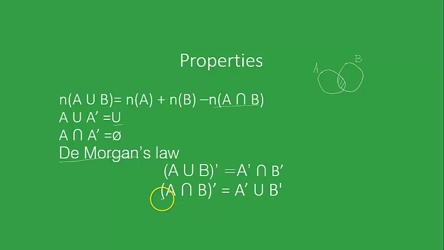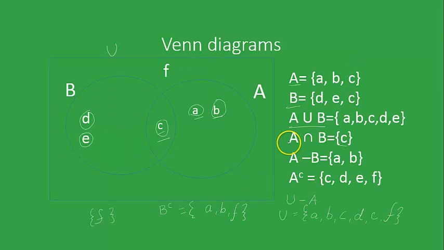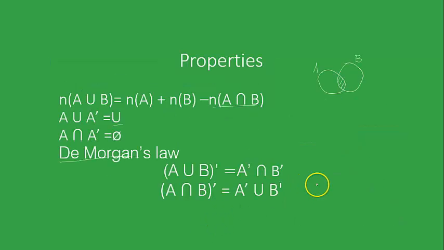It states that the complement of A intersection B is equal to the union of the complement of A and the complement of B. As you can see, the A intersection B set is equal to the set which contains only the element C. So the complement of A intersection B is A, B, D, E, F, and the set containing the union of A complement and B complement is equal to